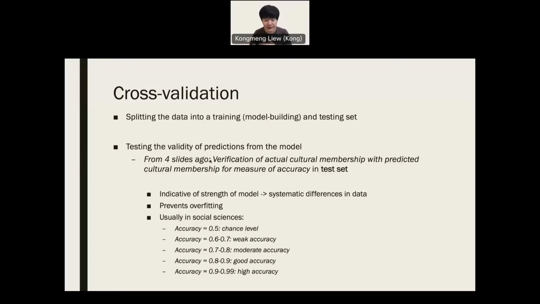And from this, we can then predict if the participant belongs to the US or Japan based on the model, or based on the training data set that it is learned from. And so if the cultural differences between America and Japan are very strong, we should expect that this model, having been developed on this training data set, would also be able to classify if a participant belongs to the US or Japan with a reasonably high amount of accuracy.